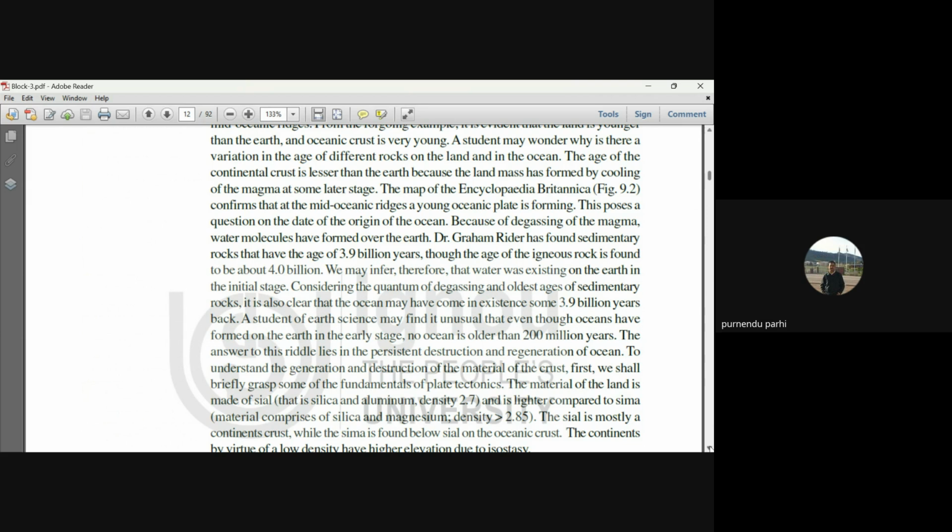A student of earth science may find it unusual that even though the oceans have formed on the earth in the early stage, no ocean is older than 200 million years. The answer to this riddle lies in the persistent destruction and regeneration of ocean. To understand the generation and destruction of the material of the crust, first we shall briefly grasp some of the